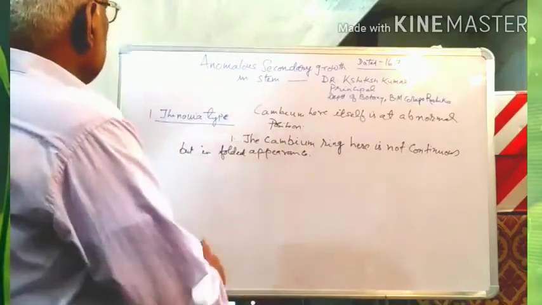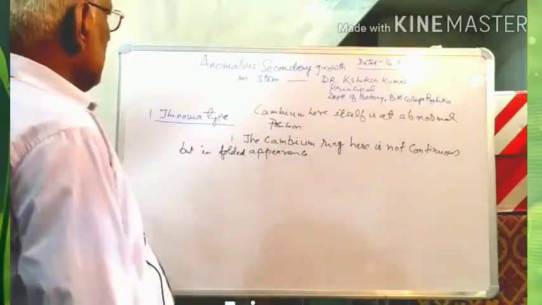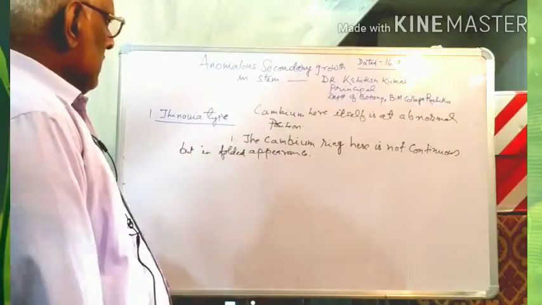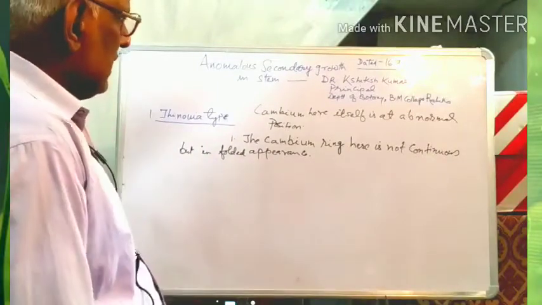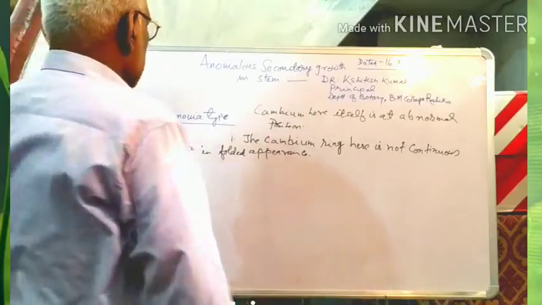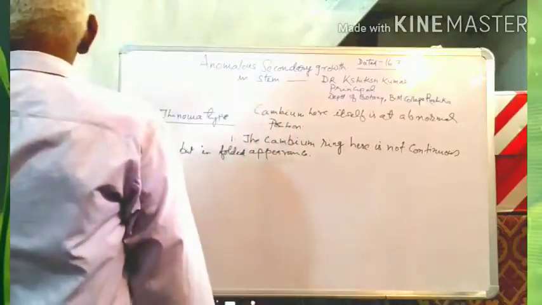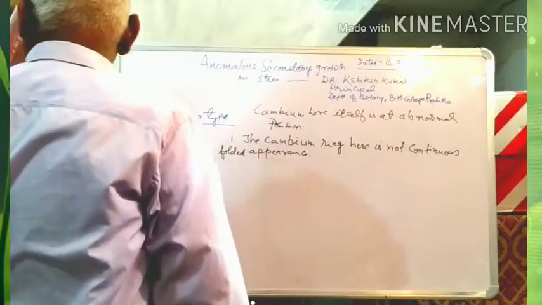So in Thionia type, the ring of cambium is not continuous, rather it is in folded appearance, and